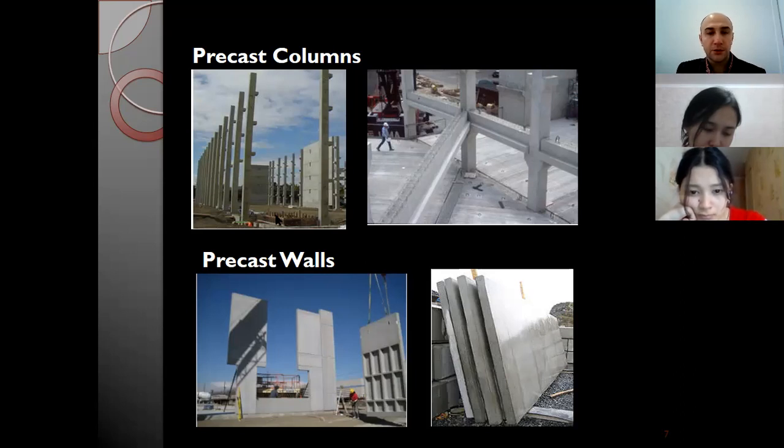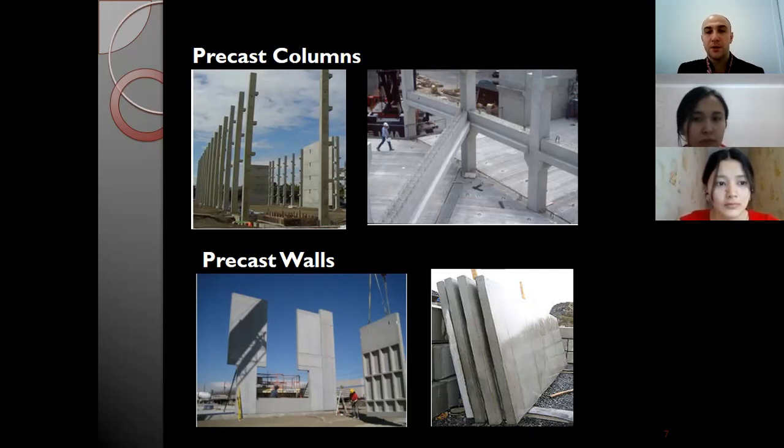During installation, you see that the columns are installed first. After them, the horizontal beams are installed, and last, the horizontal slabs and the vertical walls. For example, slabs are directly supported by the beams, and the beams themselves transmit the load to the columns, and the columns directly transmit it to the foundation.